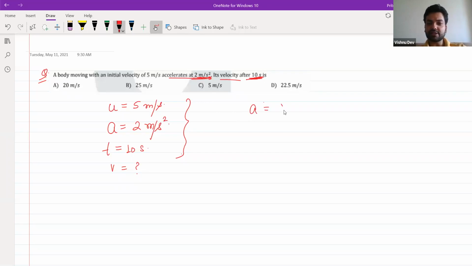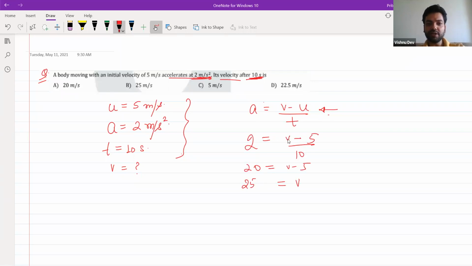What is the definition of acceleration? V minus u by t. So let us use this because we have all information except this v. Yes, exactly, Varun. V equals u plus at, that we get by just rearranging this definition of acceleration. Okay, so let's put the values. Let us see what we get. V is the thing which is needed to be found. U is 5, t is 10. So solving this, we get 20 equals V minus 5 and V equals 25.